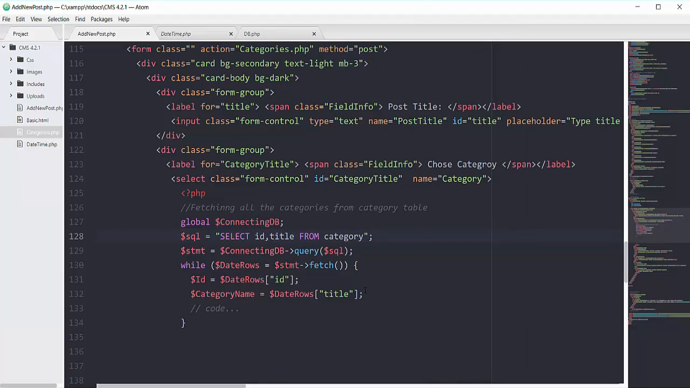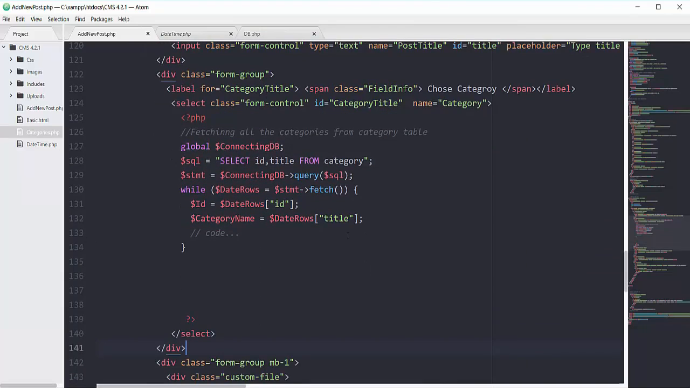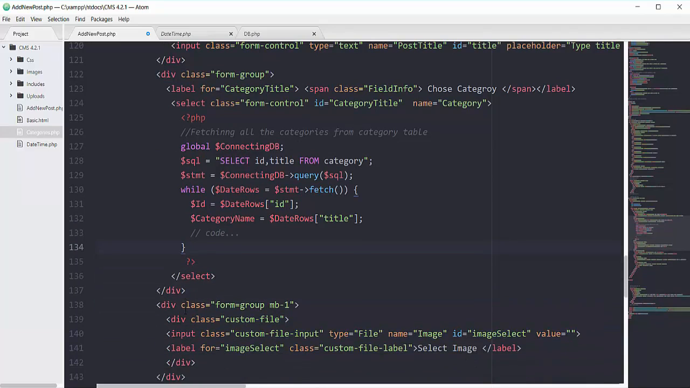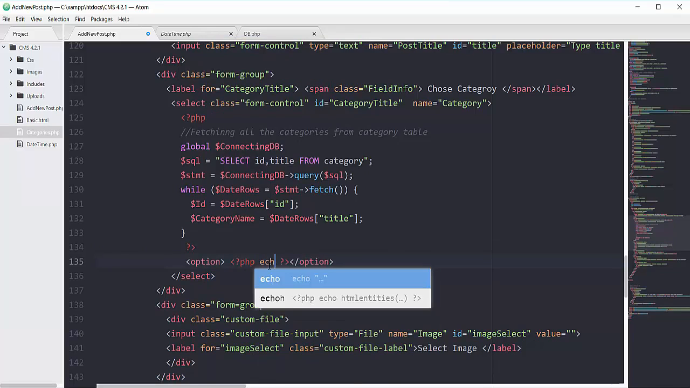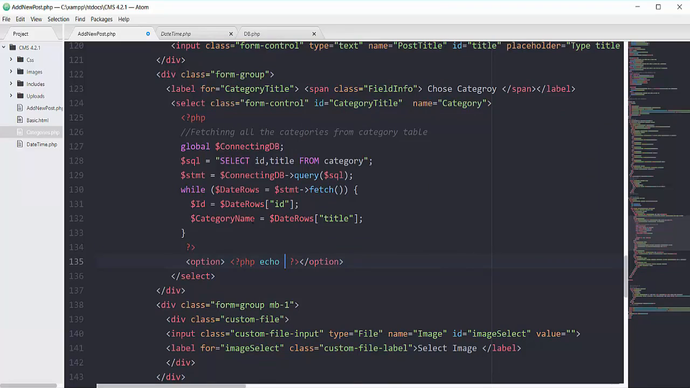So I'm just fetching two columns from here, and then I have to put these ones in the form of an option tag. So here you can see this PHP scope. So I will have one option tag that will have one PHP scope in which we will simply echo this category name, this one. So putting it here. So now if I refresh my page and save this file first,